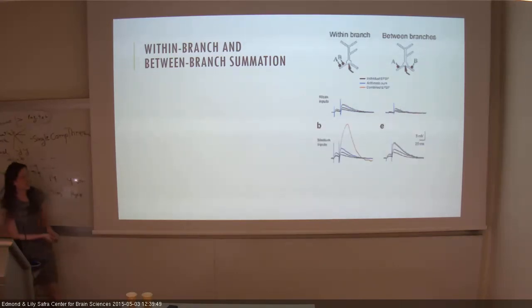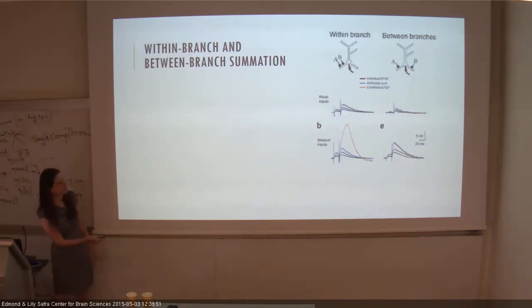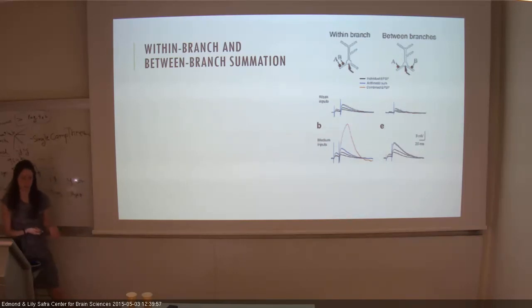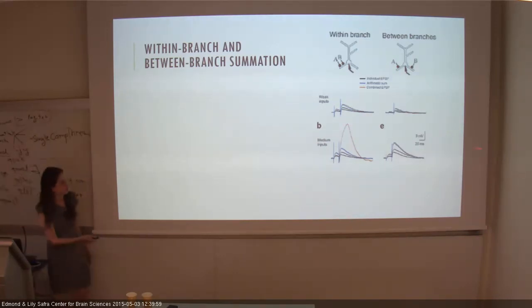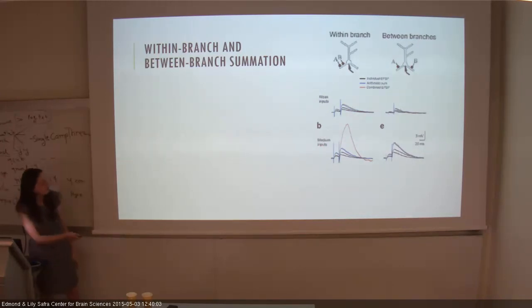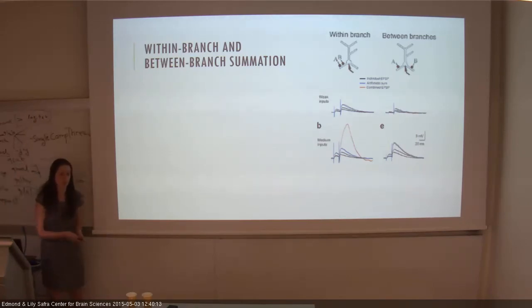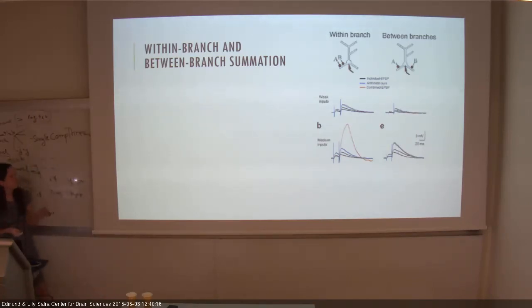So now it's getting a bit more interesting. When they gave larger inputs, you can see that in the between branch condition, we still get a linear summation at the soma. Nothing interesting. Or maybe it is interesting, but not different. But over here, in the within branch condition, in blue is the arithmetic sum, and in red is what was actually measured, meaning we got a much bigger change in the somatic voltage,